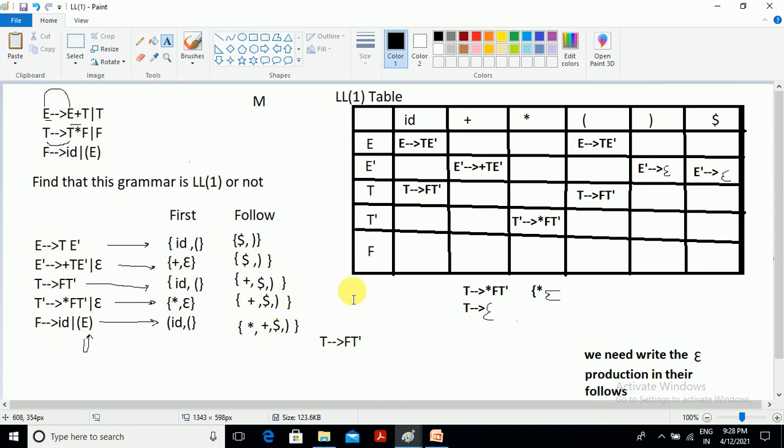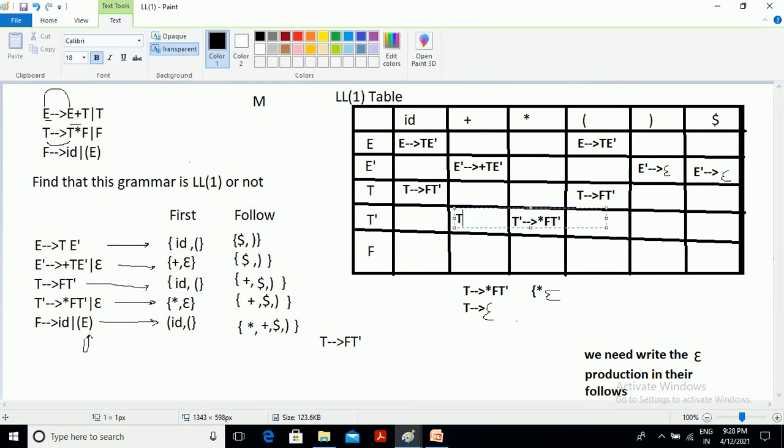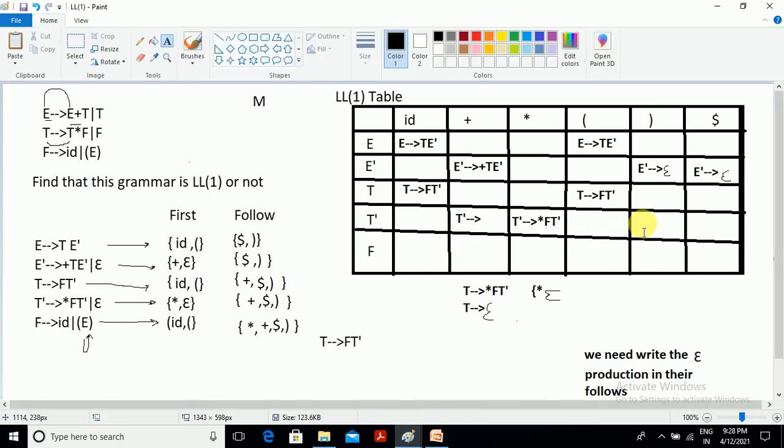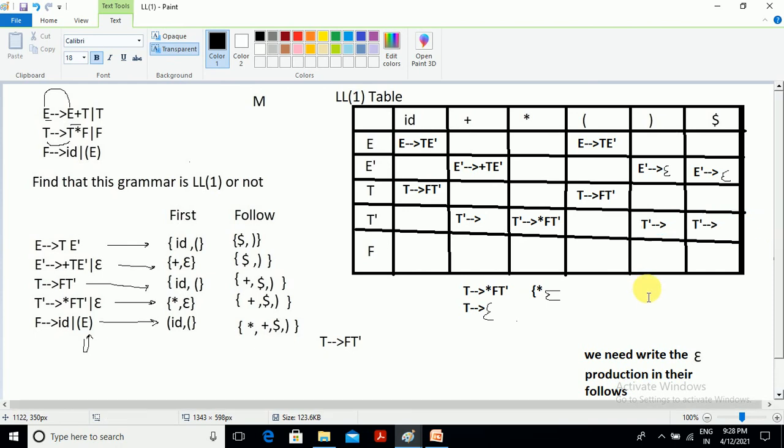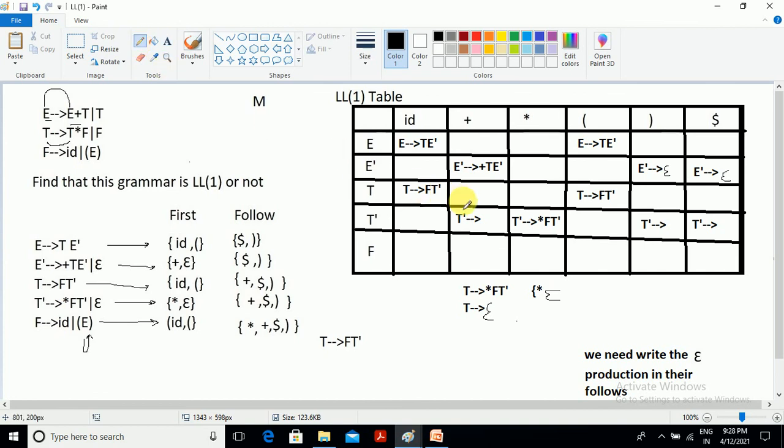In three places we need to write T dash derives epsilon: in the dollar place, T dash derives epsilon, and close parenthesis. In the last case also T dash derives epsilon. That's it.